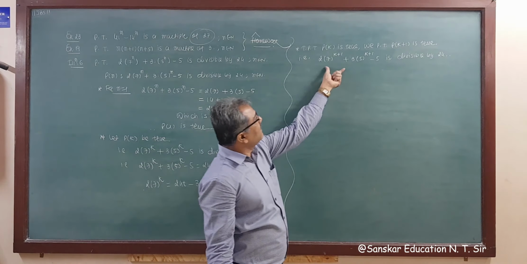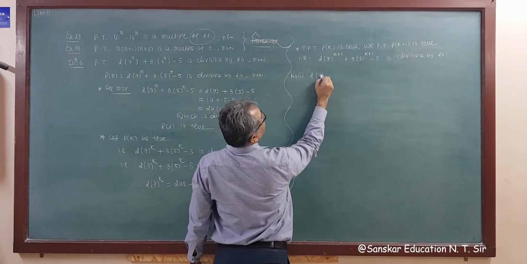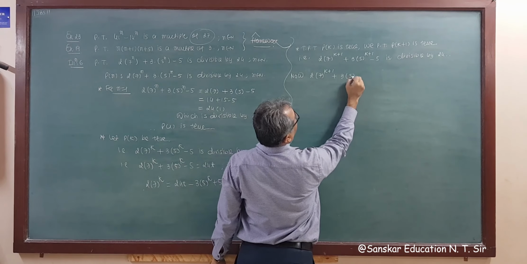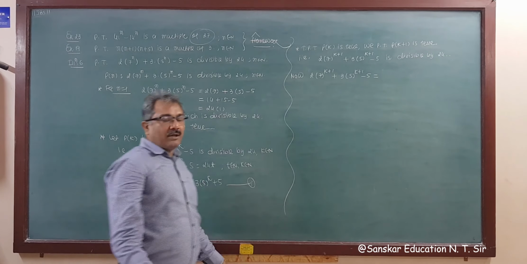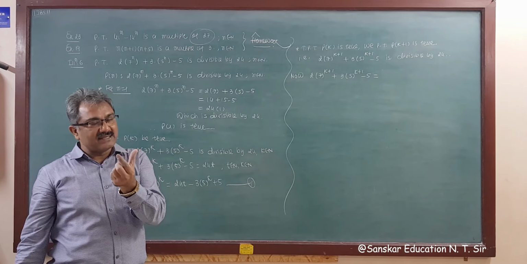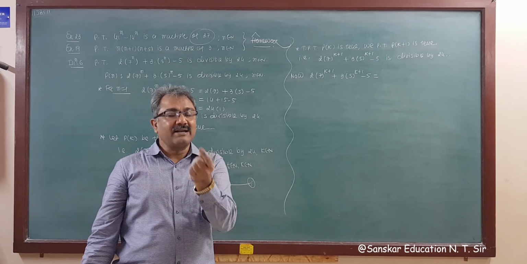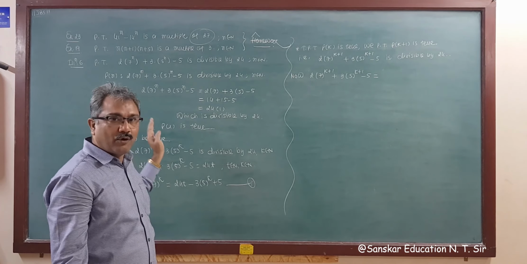So taking this, right? So now 2 times 7 raised to k plus 1 plus 3 times 5 raised to k plus 1 minus 5 is equal to, nothing different, only simplification. In simplification, there is one term, right? That is complicated for you. That's why I am solving this. Otherwise, this is also homework, right?